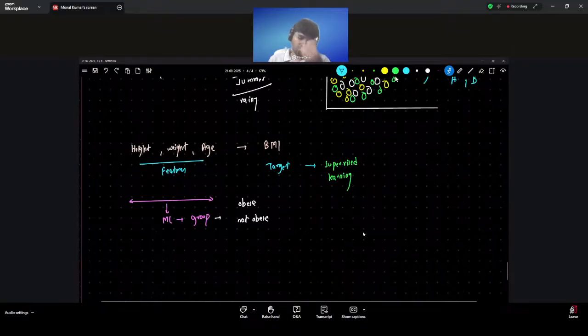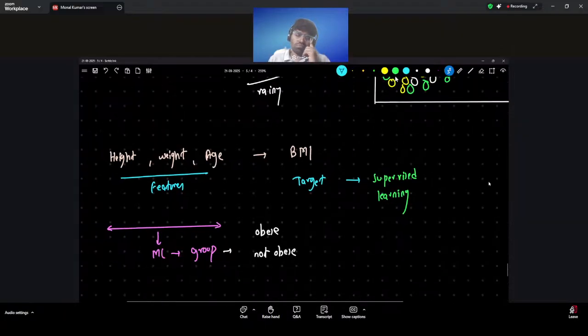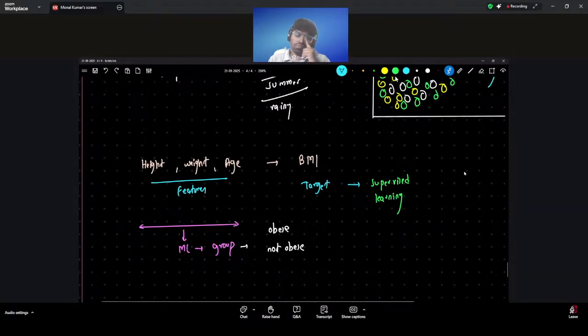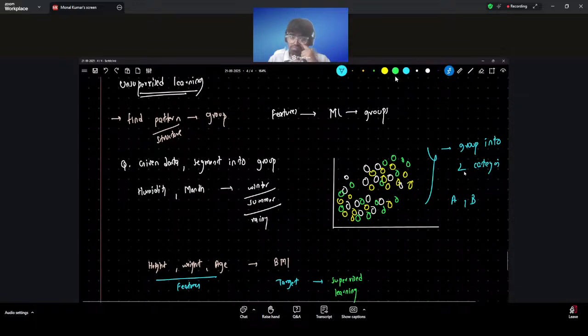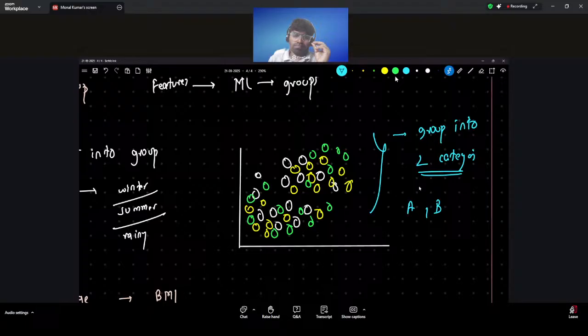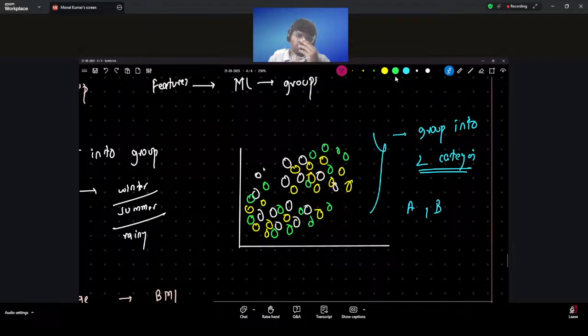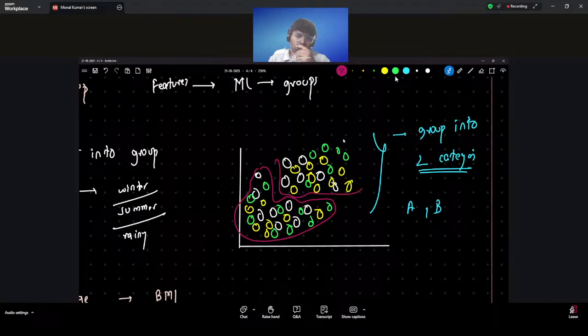So what I'm doing is passing my data to machine learning and telling it to group that. I can provide two categories, or there are some algorithms where we don't even need to provide how many. It will divide automatically into whatever groups are possible. But this time we are saying divide into two categories. Machine learning will find a distinction, that this group has a separate property compared to this group. It might be possible the property itself is height, weight, age, or the property can be age itself.